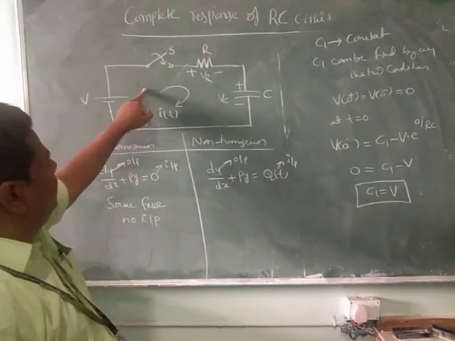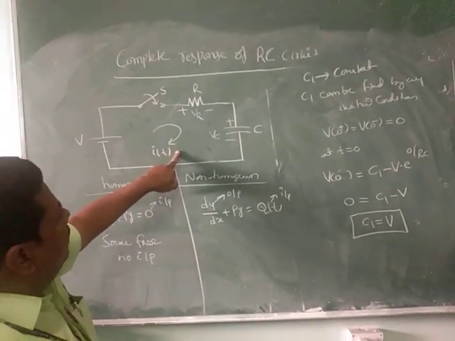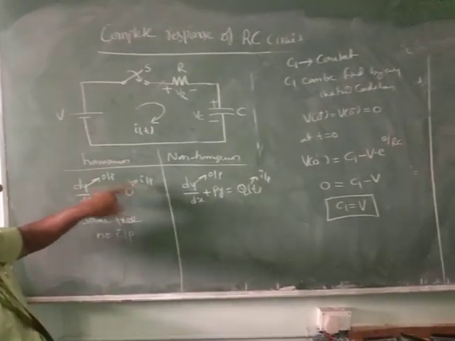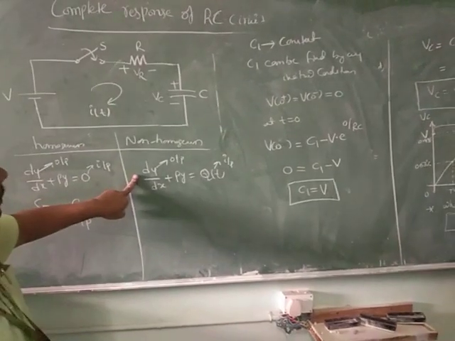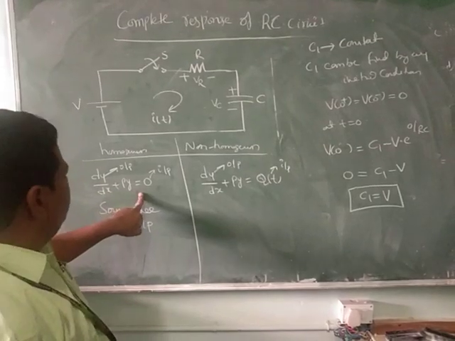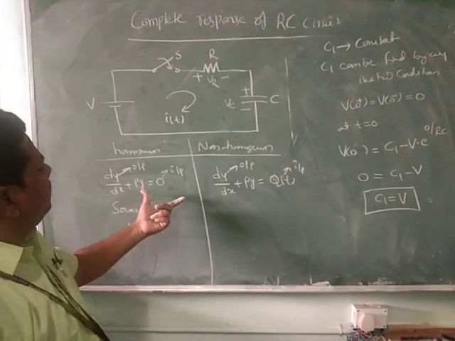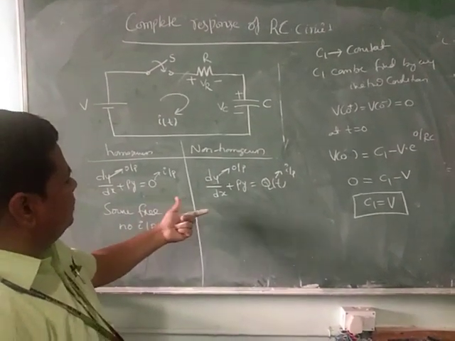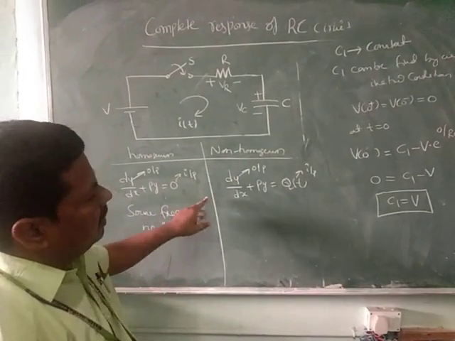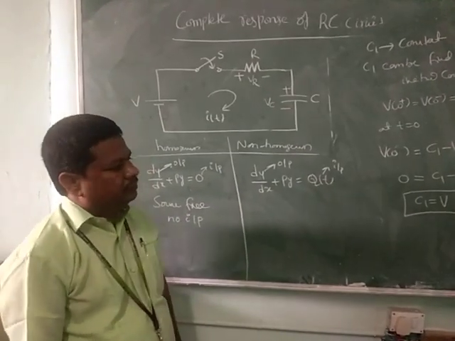The procedure is: the switch is closed at t is equal to 0. Apply KVL. Then convert the KVL expression into a first order differential equation, either non-homogeneous or homogeneous form. In this case it is a homogeneous differential equation. Then use the general solution of a differential equation of this form. The solution consists of the forced response as well as the natural response. Then calculate, and the constant values can be found by using the initial conditions. Thank you.